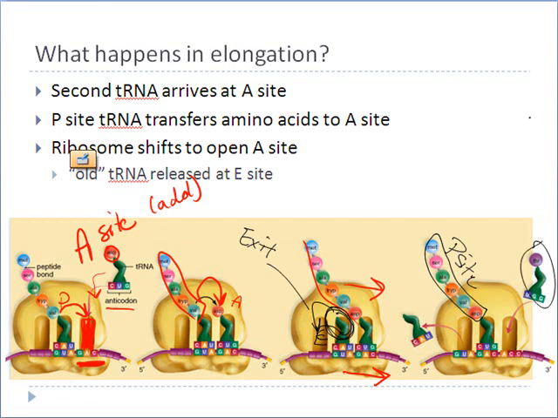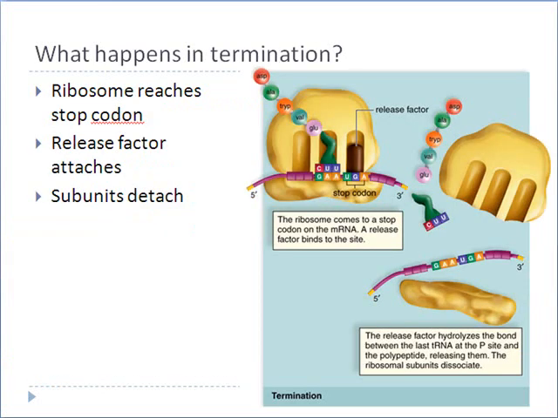And now comes in the next transfer RNA with its amino acid that has a complementary anticodon, and it goes into the A site where we add a new transfer RNA. The next thing that will happen is this long chain that's in the P site will get transferred to the amino acid in the A site. The ribosome will shift down again. The last amino acid tRNA will get booted out at the exit site. We add the next one in at the A site, and we continue this process of elongation